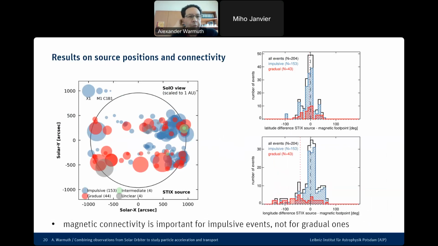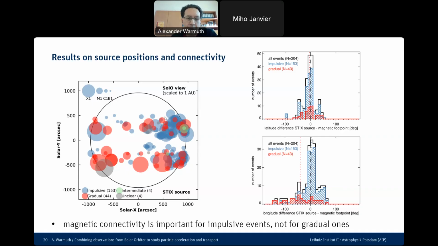These are some results on the source positions and the magnetic connectivity. These are the source positions in helioprojective coordinates rescaled to 1 AU. So you see that the events are coming from the 2 activity bands since they're associated with active regions. And in blue, we see the impulsive events, in red, the gradual events. And here it's immediately evident that the blue events, the impulsive ones, are clustered on the Western hemisphere, which is to be expected since due to the curvature of the Parker spiral, Solar Orbiter is mostly connected to the Western